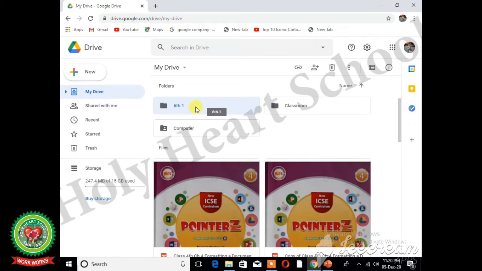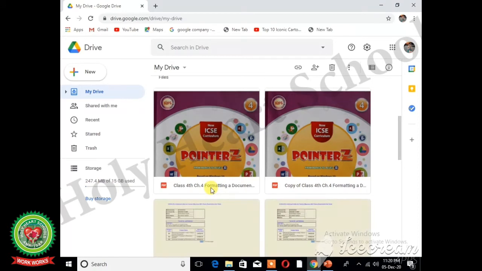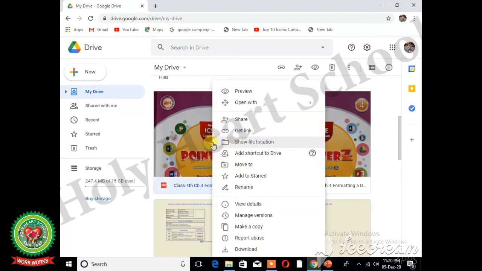Now the second way to rename any file or folder is by right clicking. Now suppose I want to give a new name to this class 4th file. Then firstly we have to right click on it. Second is click on Rename option.